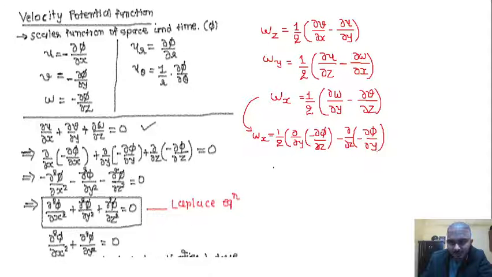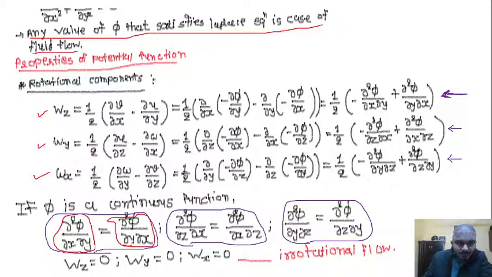So finally what we will be getting over here is half of del 2 phi over del y del z plus del 2 phi over del z del y. So in similar fashion, here we have done the omega y component in this way and the omega x component